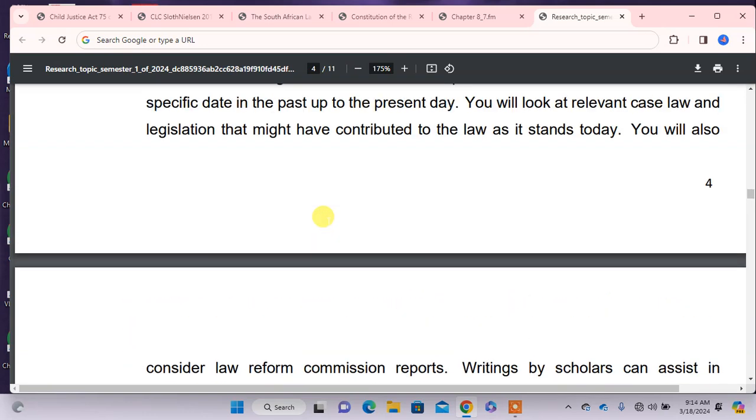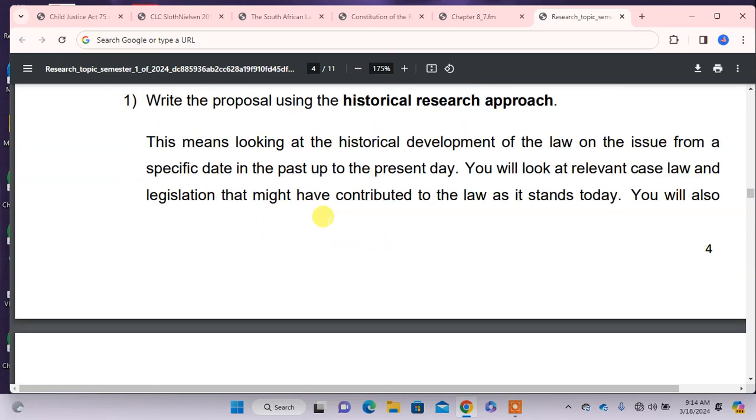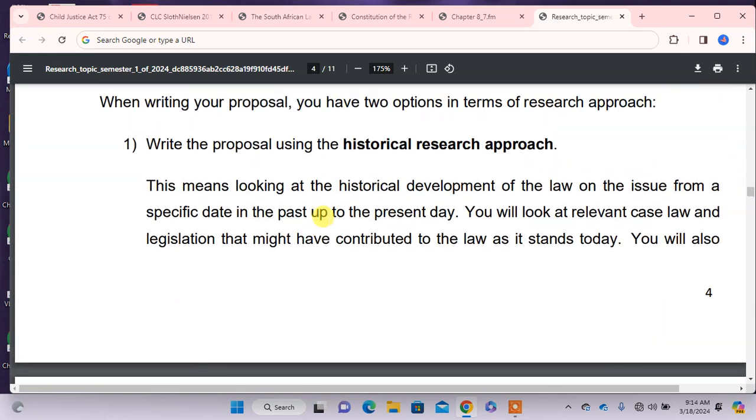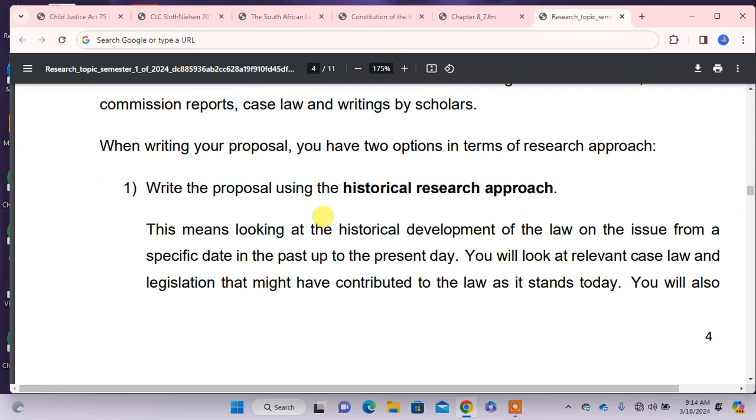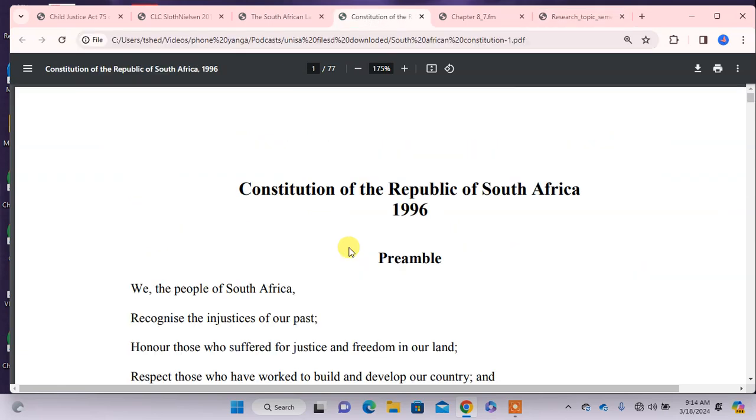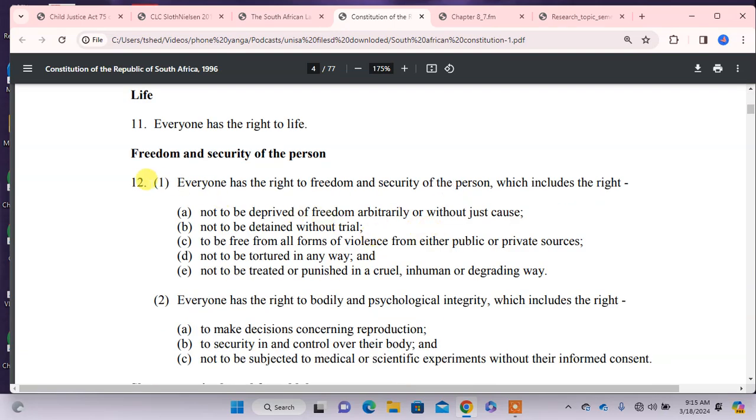However, today we are not going to start with the historical or comparative approach. We will just give you tips on how you can start to approach the scenario. Firstly, you must start with the Constitution of the Republic of South Africa, which is the primary legislation for anything you want to write about. You must know this is a primary statute. Then you must note down the section of the Constitution, which is section 12, under the Bill of Rights,